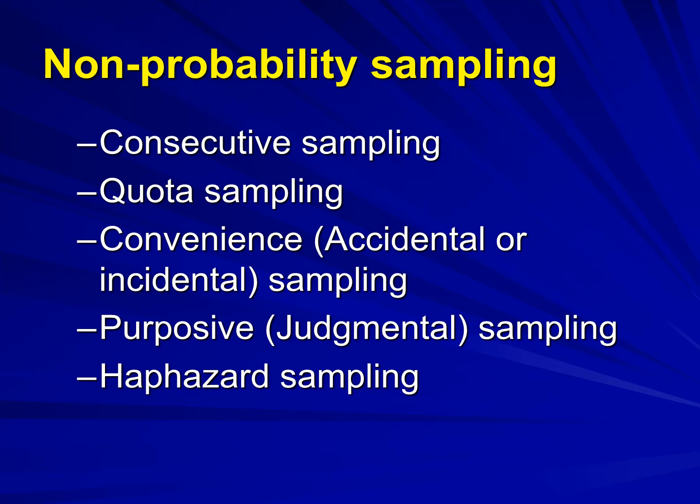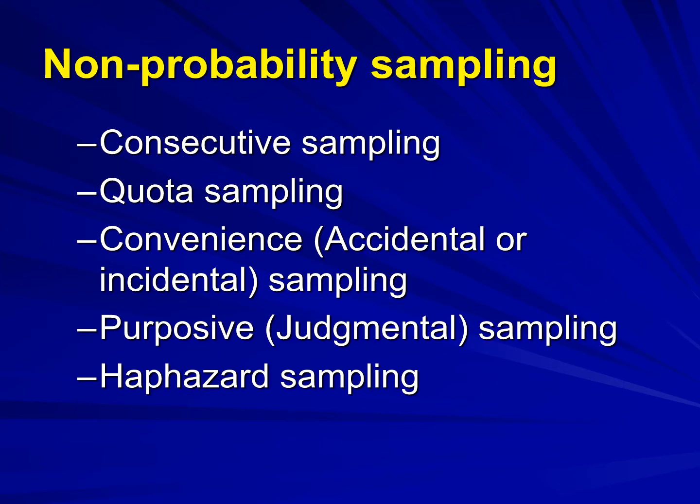Now this quota sampling is used for the opinion polls that we usually see at the time of elections, and second, it is useful in market surveys. The advantages are it does not require a sampling frame, so you need not enlist the whole population and select some samples out of that population. You just go into the population, select whatever number you require, and study that. Second advantage is information can be collected quickly, but there are certain disadvantages also.